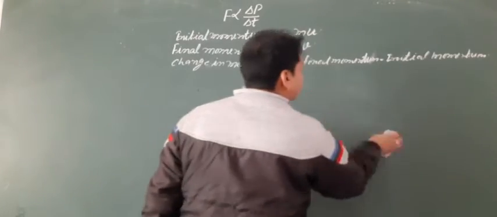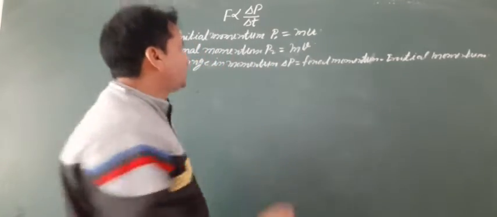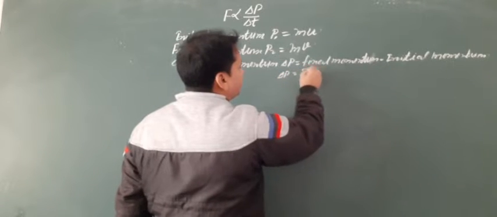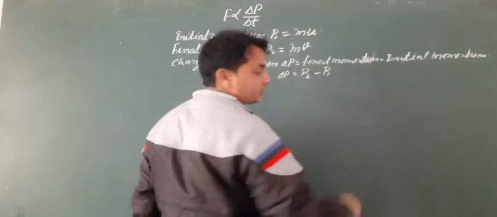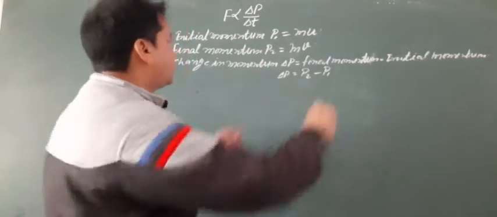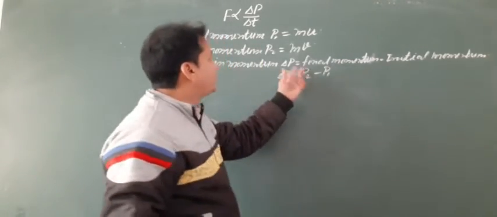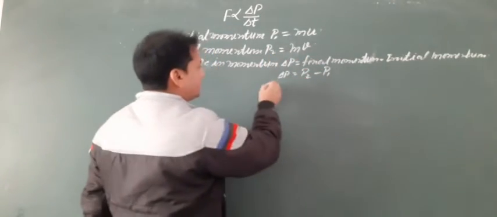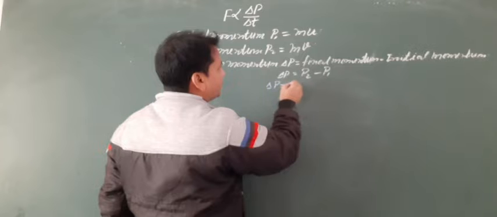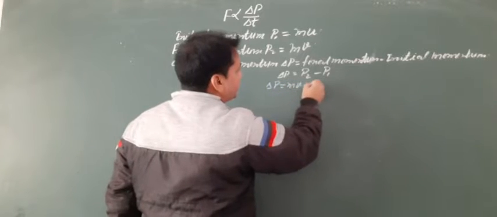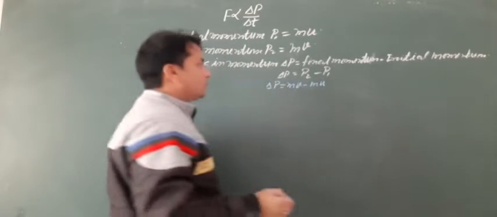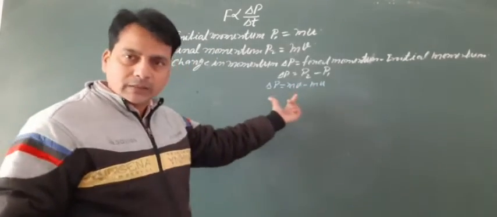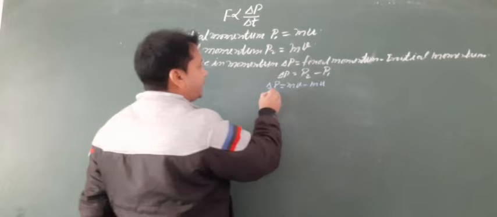So we can write here the final momentum, P2. Delta P is equal to P2 minus P1. So we can write here P2, that is m into v, mass into velocity. Delta P equal to mv minus mu. Here the mass in both terms is the same, so m is common. Then delta P equal to